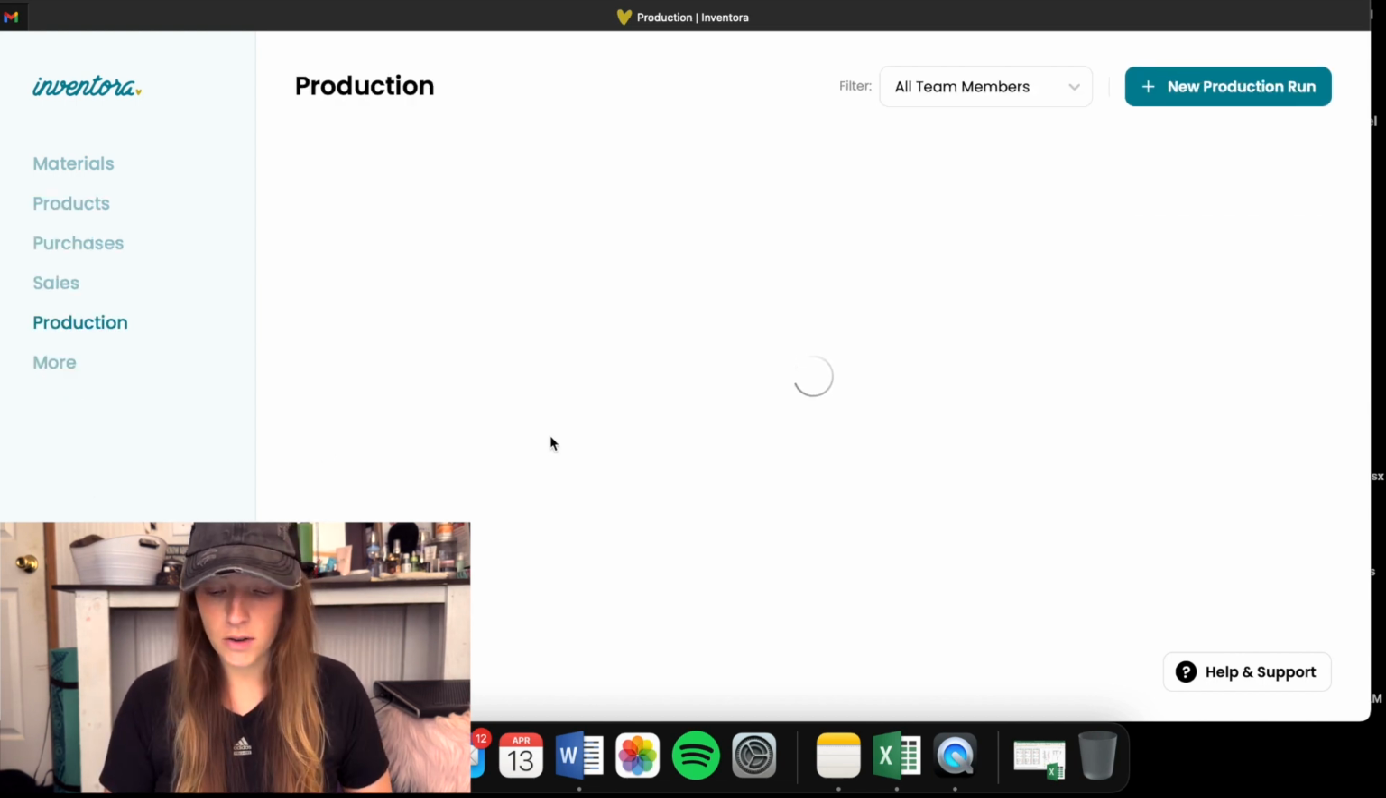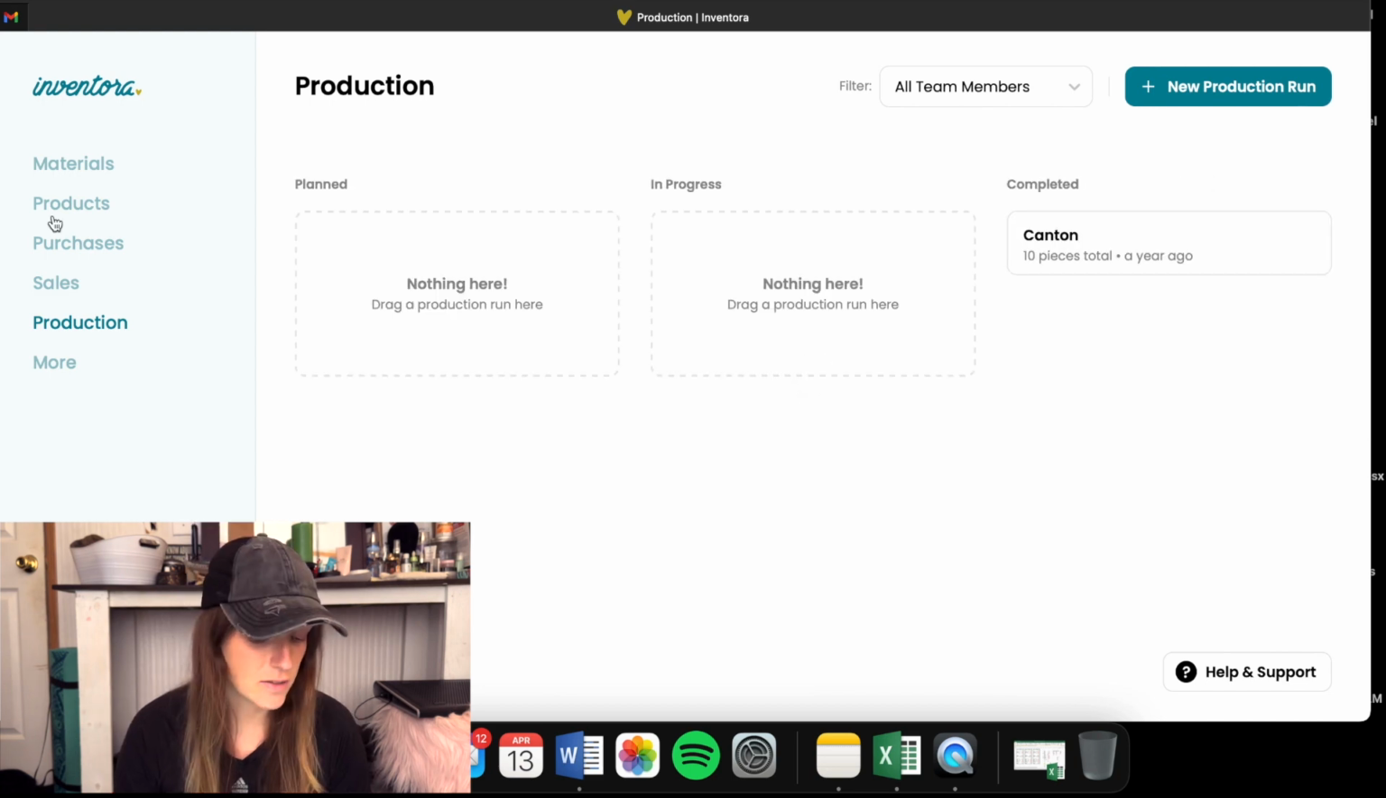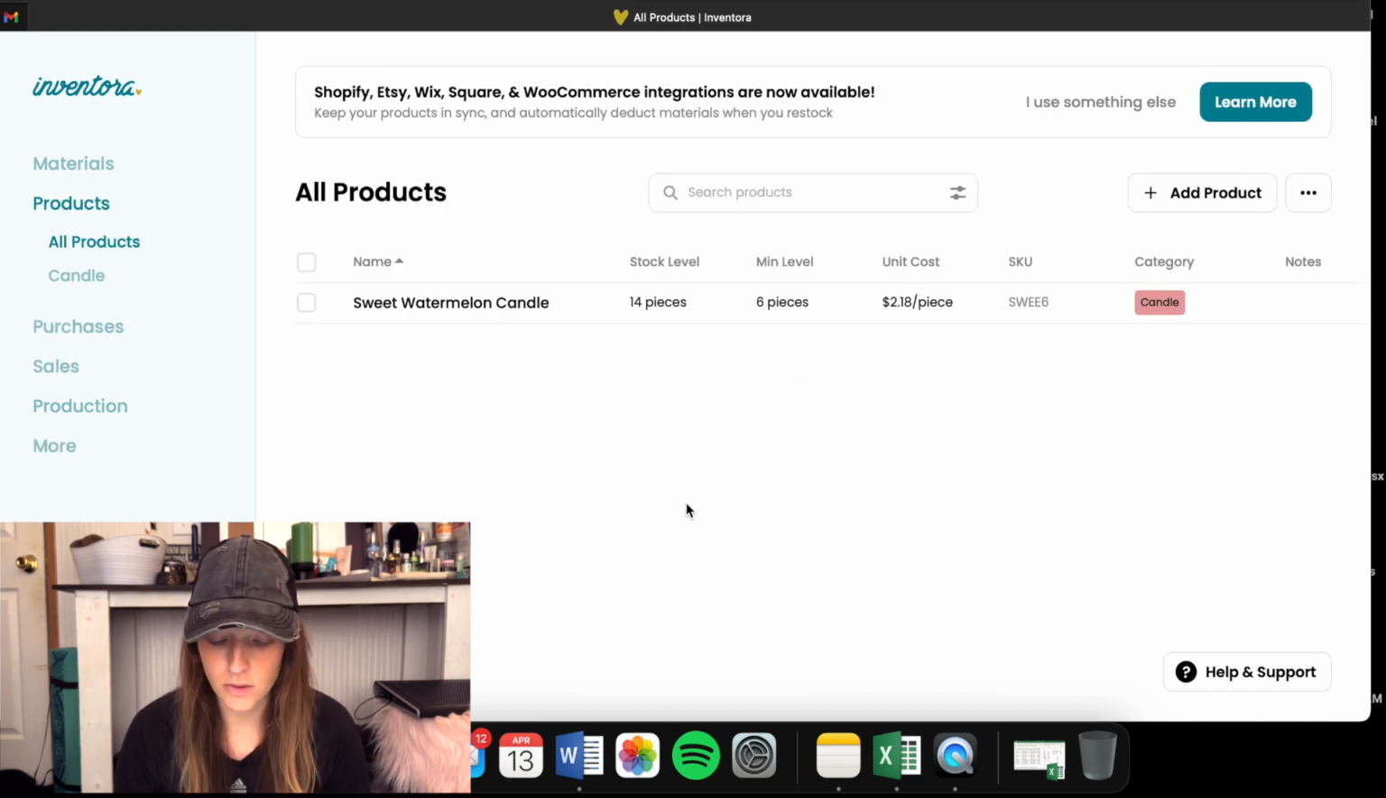First thing I actually want to walk you guys through is the production line, because I used this a ton last year whenever I was doing my vendor show at Canton. And I was making a lot of product. Oh my gosh, it was such a lifesaver to have this. I need to have more than one product so I can show you